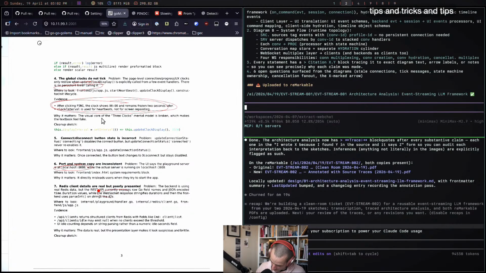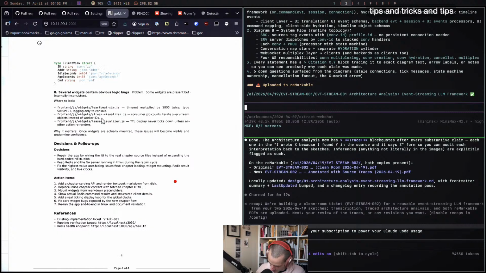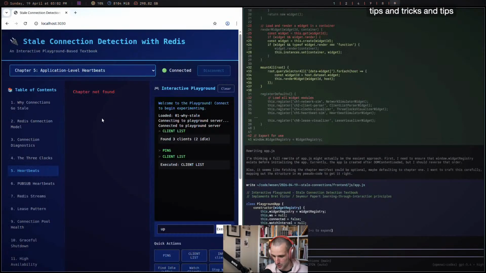Oh, so the WebSocket that it's doing is for the playground. Well, no, I guess it is, but what I wanted is that the thing communicating over WebSocket is getting stale too, or the WebSocket doesn't answer anymore, which is separate from the Reddit. So that's a part of the textbook that it didn't properly understand, probably because the ChatGPT research I did wasn't clear enough. We're already at $2 at this point.